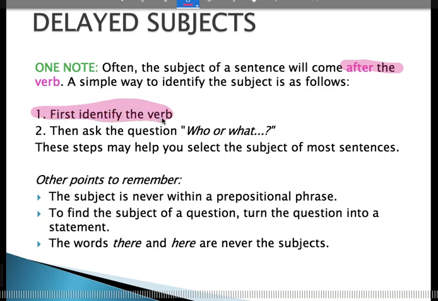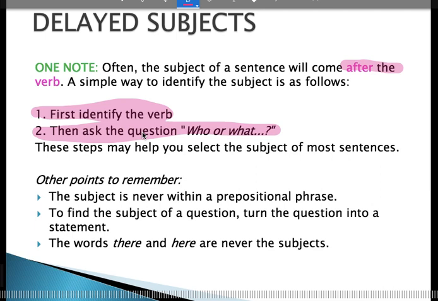We first ask ourselves, what is happening in this sentence? What is the action? Once we've found the verb, then we'll ask ourselves, who or what is doing that action? So we'll first find the verb, then we'll find the subject. And if we take the steps in that order, we'll always correctly find the subject no matter where it is